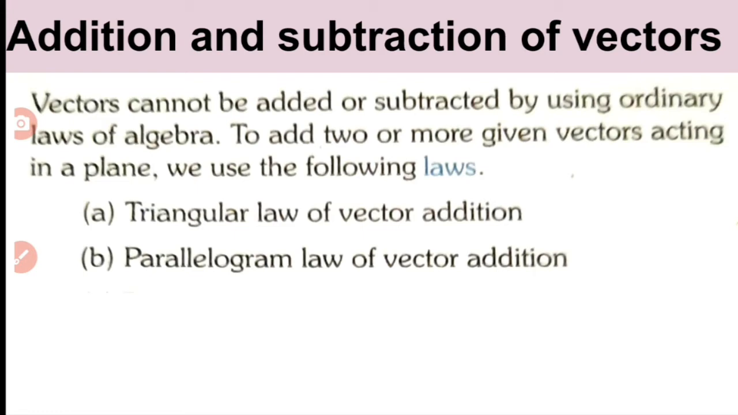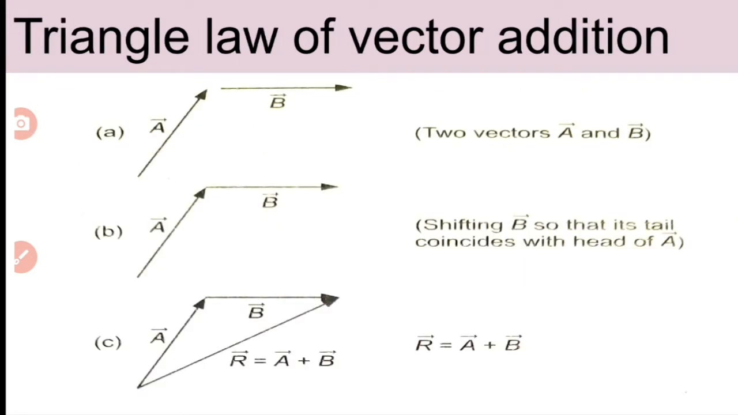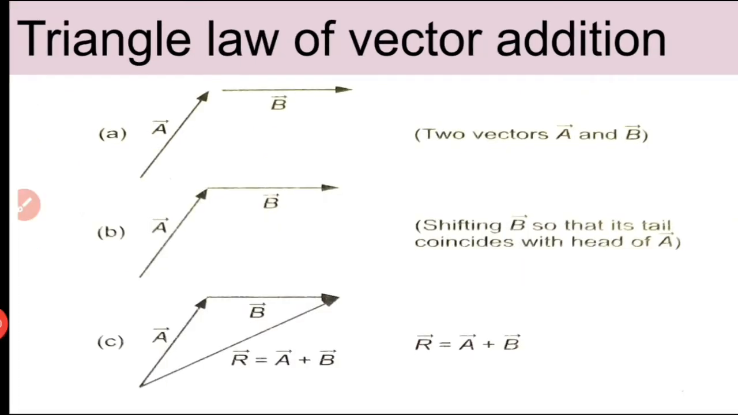So to add or subtract two vectors, we use these two laws, the triangle law of vector addition or the parallelogram law of vector addition. Let's discuss the triangle law of vector addition first. In the diagram, there are two vectors, vector A and vector B. To apply the triangle law, first of all, you should shift vector B parallel to itself and keep it in such a way that its tail coincides with the head of